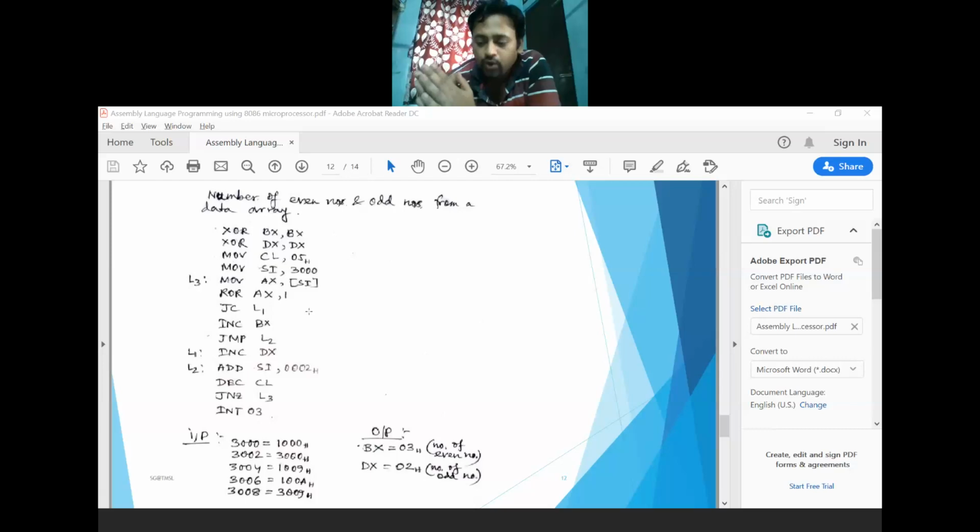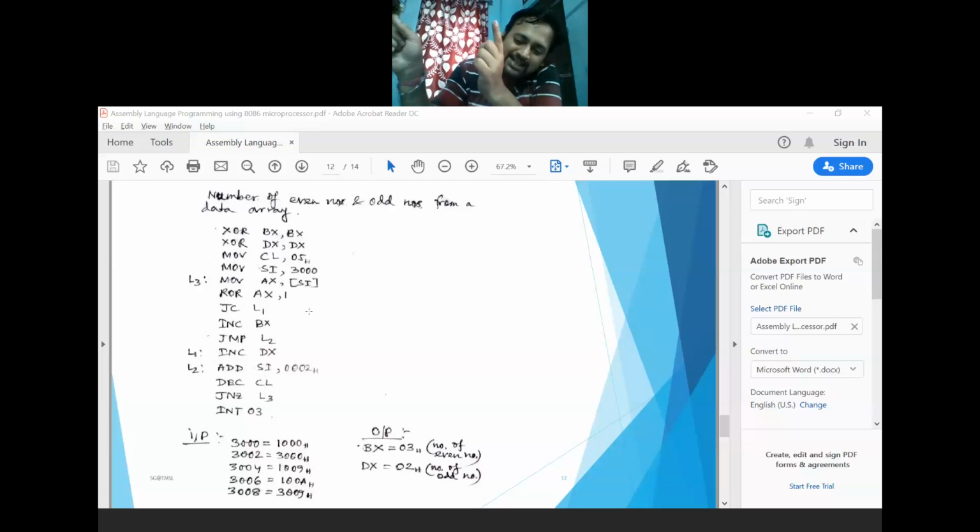Clear? So if I rotate the content rightwise, the LSB bit will move to the carry flag, and the carry flag will move to the MSB bit. The carry flag will be set if it is an odd number, that is, if the LSB bit is 1 and it goes to the carry flag, so your carry flag will be 1.